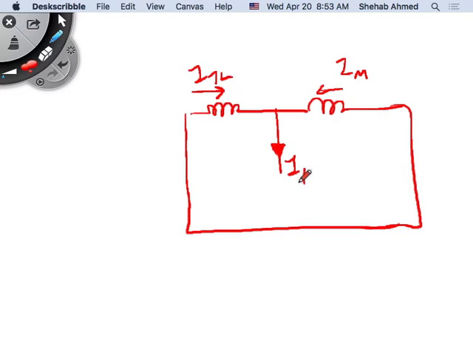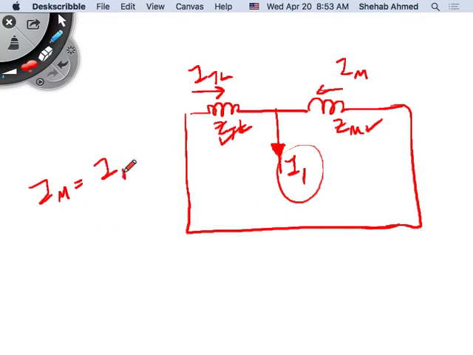This is given. And this is given. Z transmission line is given, and Z motor is given. You know this impedance and you know this impedance, and you know this value of current. So what is I_M? I1 times